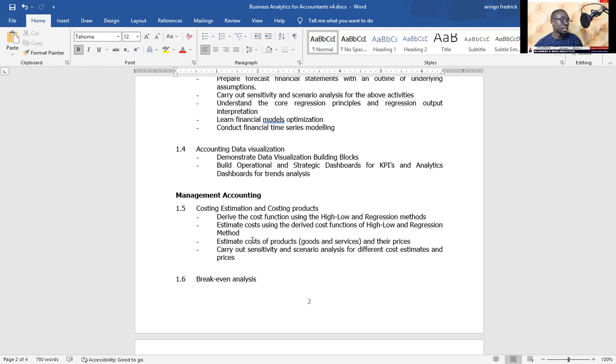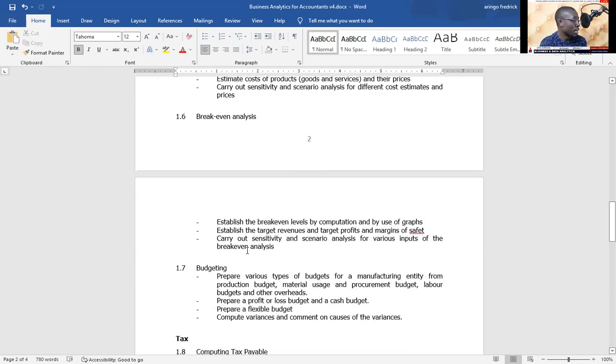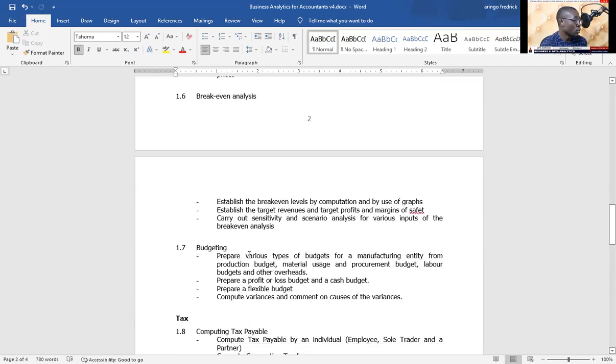That one will be much easier, but carrying out sensitivity and scenario analysis, that is an area that you just have to be good at. But the good thing is that we have various tools which we'll be using to train you guys when it comes to understanding the whole of these concepts practically. Talk about break-even analysis. All of us, I know you're very familiar with the break-even analysis. You're having the aspect of